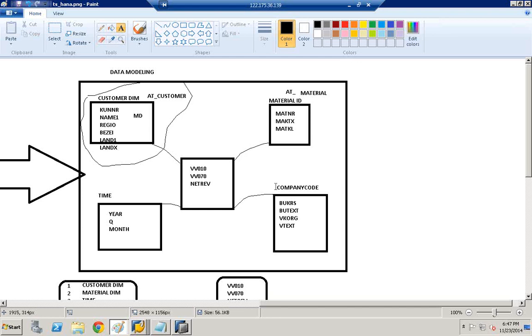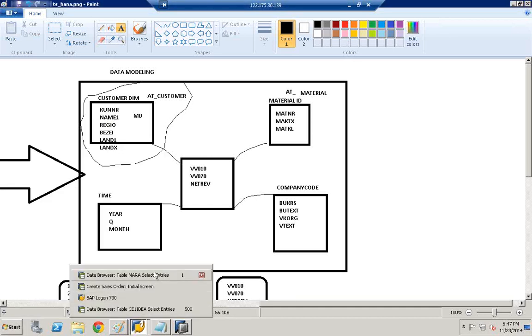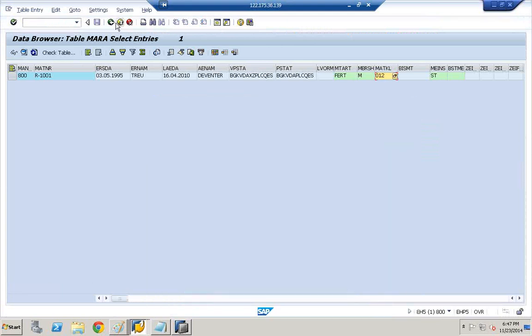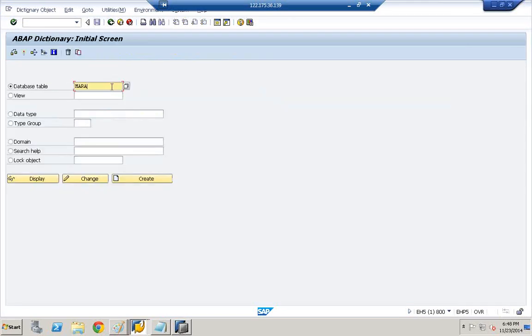So we do a little complex example in here. So let us go to the SAP. So we have a table called